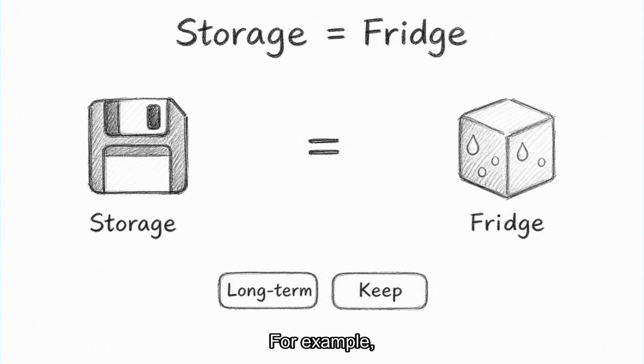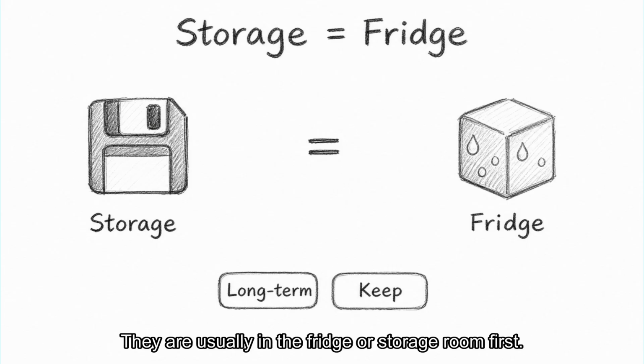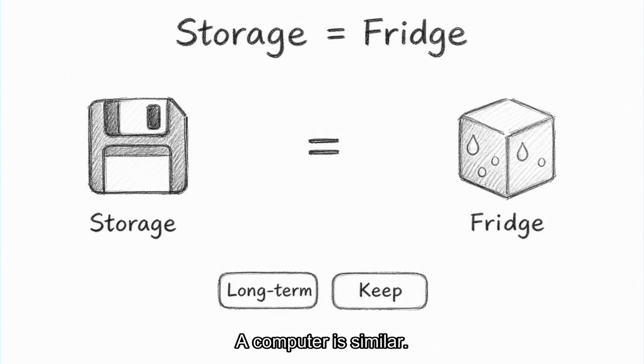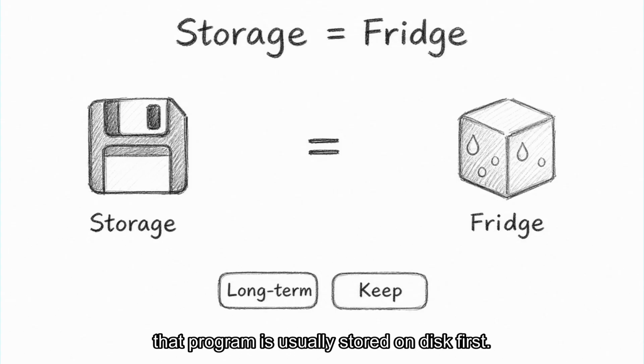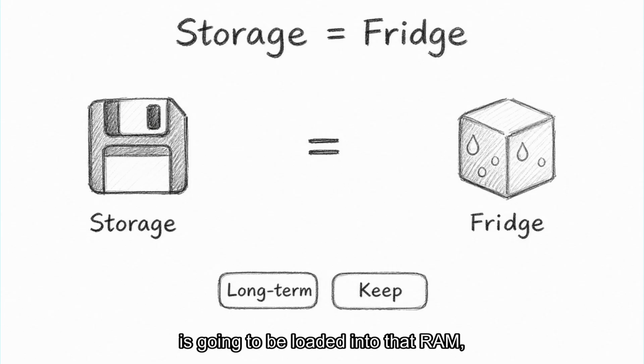For example, when a chef needs to cook pasta, the ingredients are not already on the counter forever. They're usually in the fridge or storage room first. The chef brings them out when it's necessary. A computer is similar. When you run a program, that program is usually stored on the disk first. Then, when it's executed, some of the necessary data is loaded into the RAM, and the CPU starts